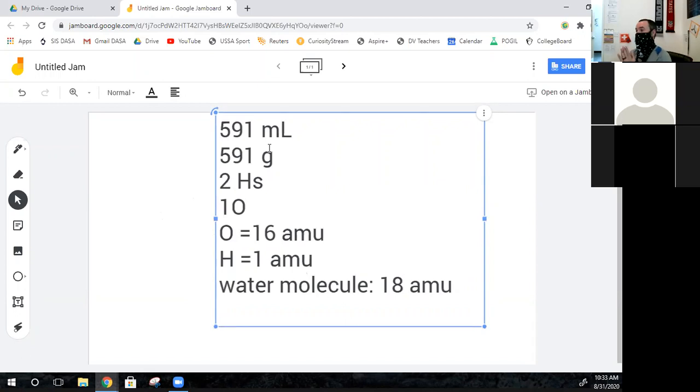Well, this is where it gets cool. If we multiply the AMUs by Avogadro's number, then we get grams. Oh, sorry, I should explain what Avogadro's number is. Avogadro's number is 6.022 times 10 to the 23rd. It's the number in a mole. Okay? Just some dude named Avogadro figured out how many